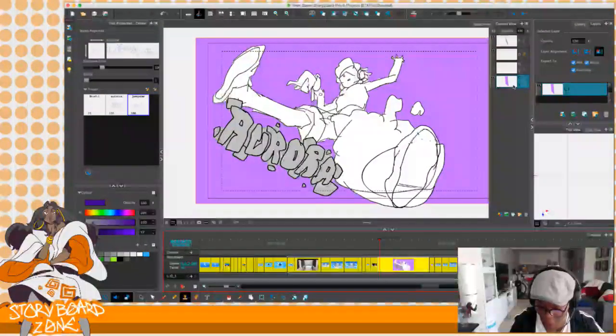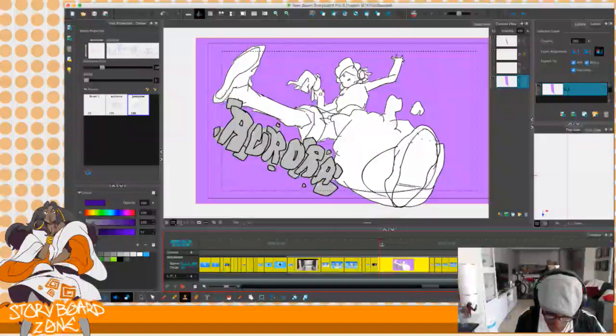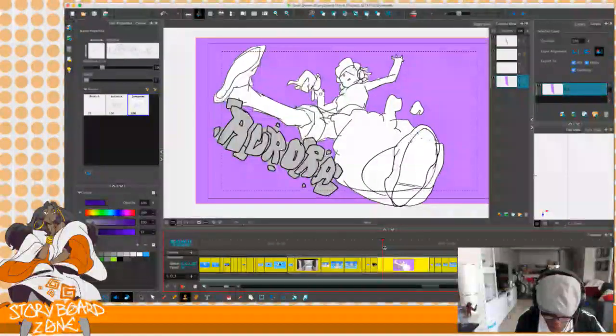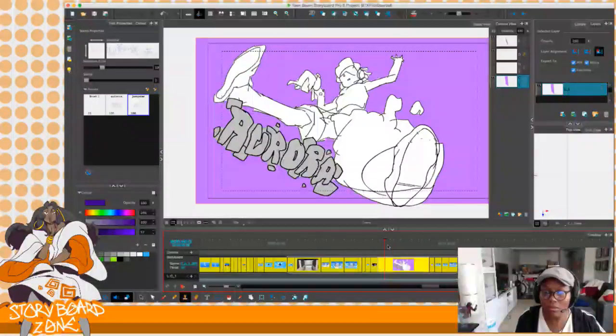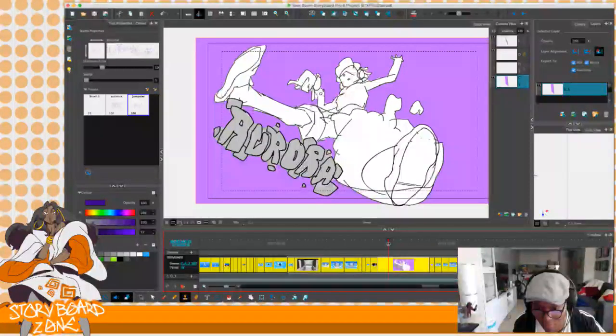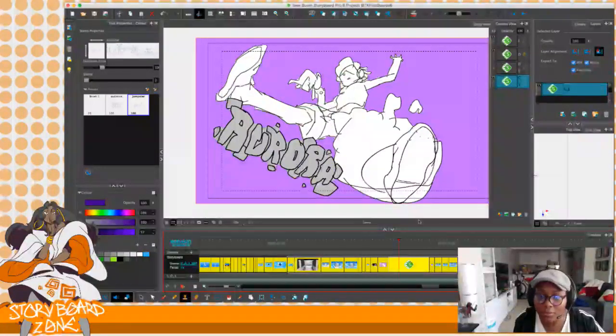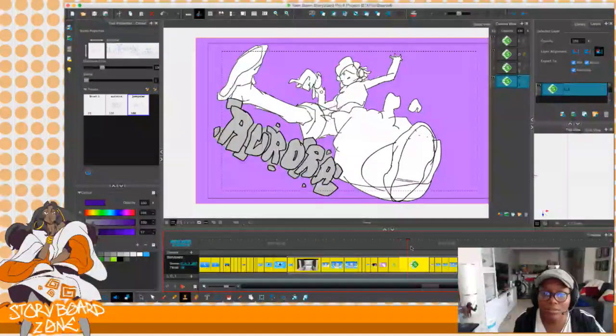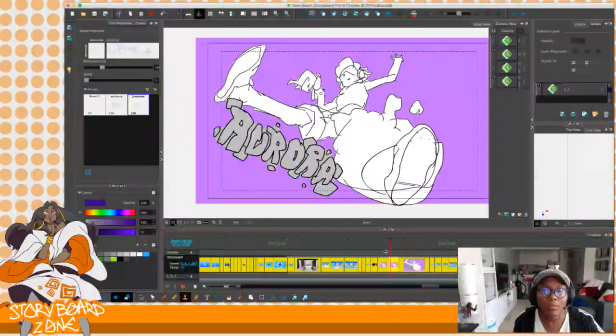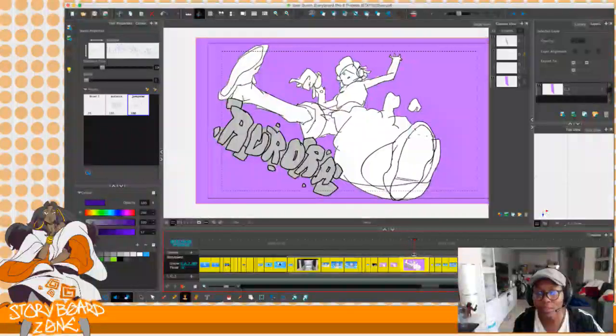And for now, if I wanted to, I'm gonna start, let's see if I can just divide it in a few sections. Hopefully that'll work. That's the only way you can really do that once you've tweened and you don't want to mess with your tween. So like you can see she's tweened in that motion, and I don't want to mess that up. So I'm just gonna divide